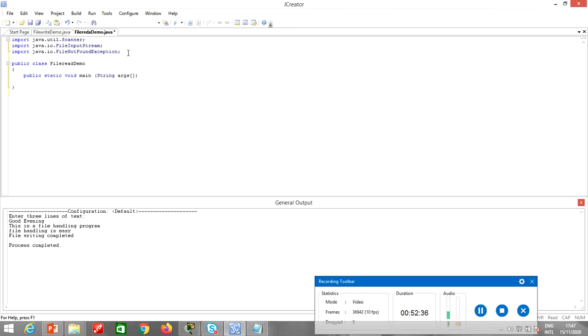Then what I do, I create the object of the Scanner class, Scanner sc is equal to null. I initialize it to null. Then I create the try block, and sc is equal to new Scanner, new FileInputStream, and here I will pass the